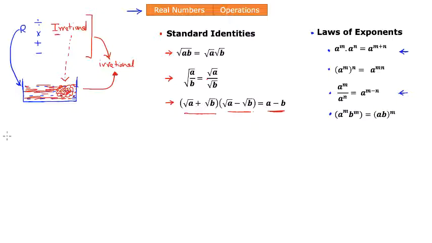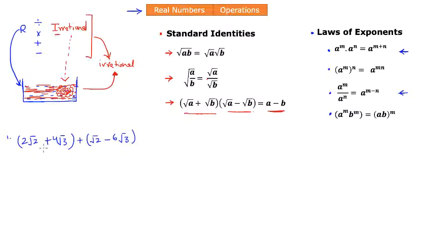So the first example we will take is that we want to simplify some mathematical additions. 2 times square root of 2 plus 4 times square root of 3, and this is being added with another number that happens to be square root of 2 minus 6 times square root of 3.